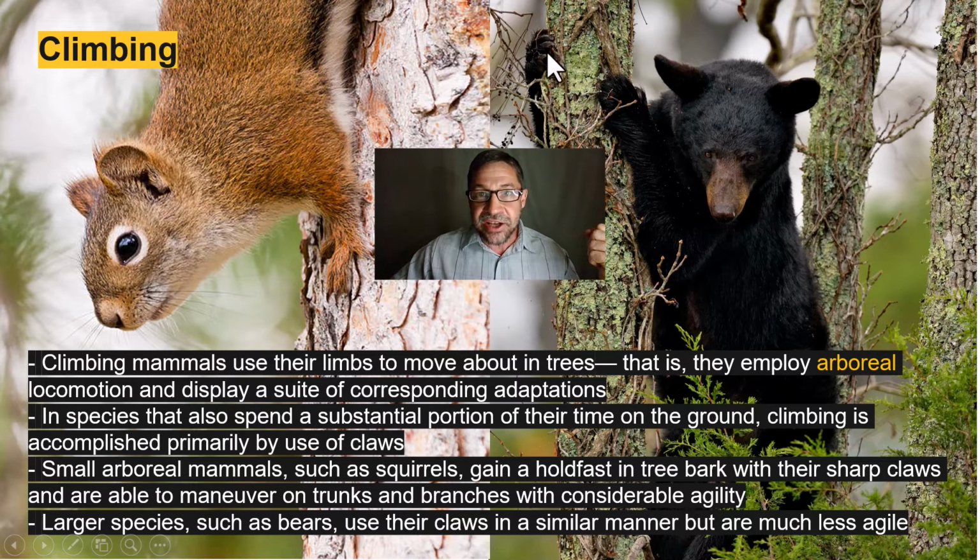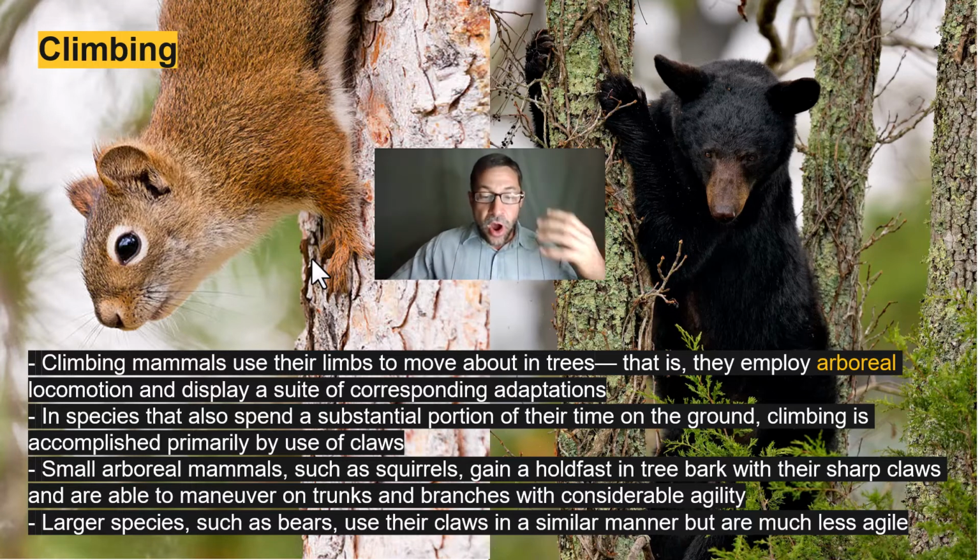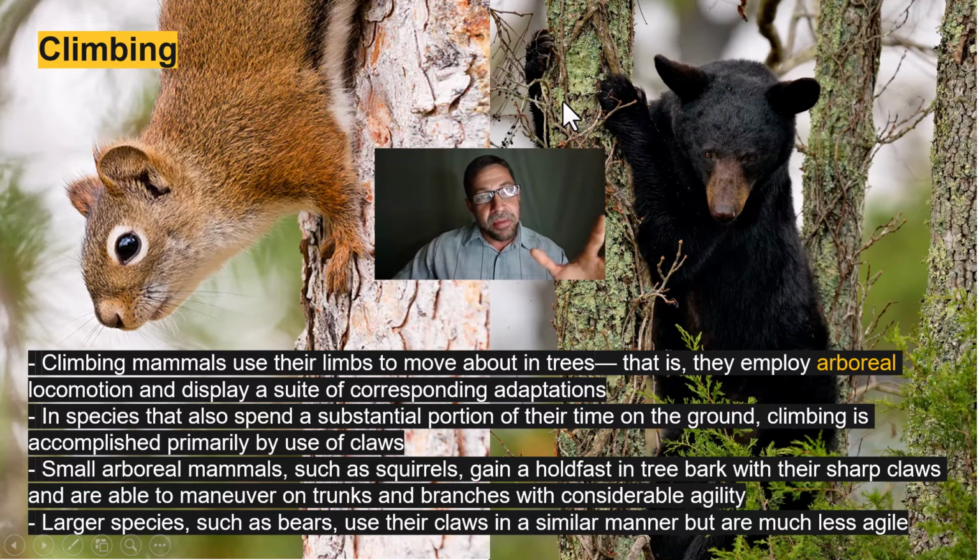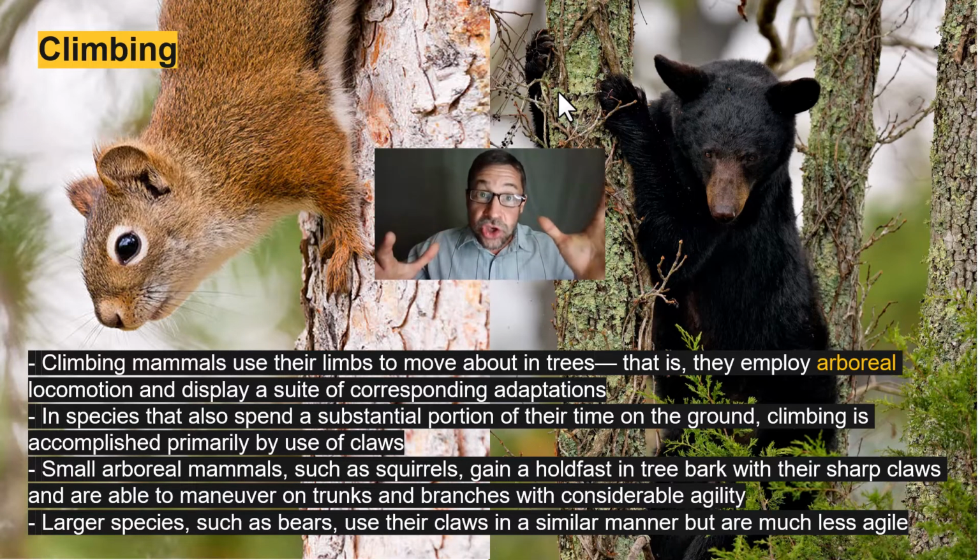These are keratinized claws here on this black bear. Small or arboreal mammals, such as squirrels, gain a steadfast hold on tree bark with those sharp claws, and they're able to maneuver on trunks and branches with considerable agility. Larger species, such as this black bear, are going to use their claws in a similar manner, but they're much less agile than squirrels. All of these species possess foot pads to provide friction in gripping tree limbs securely, as